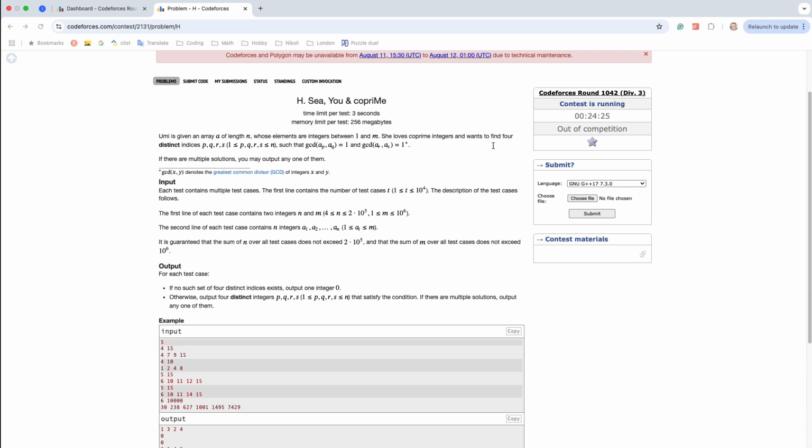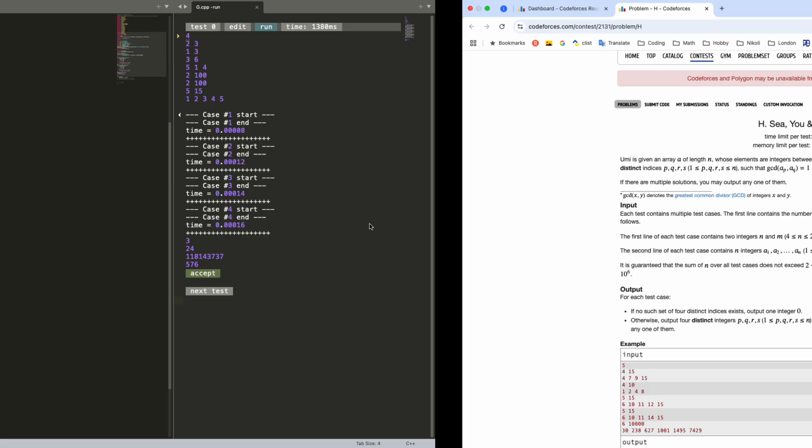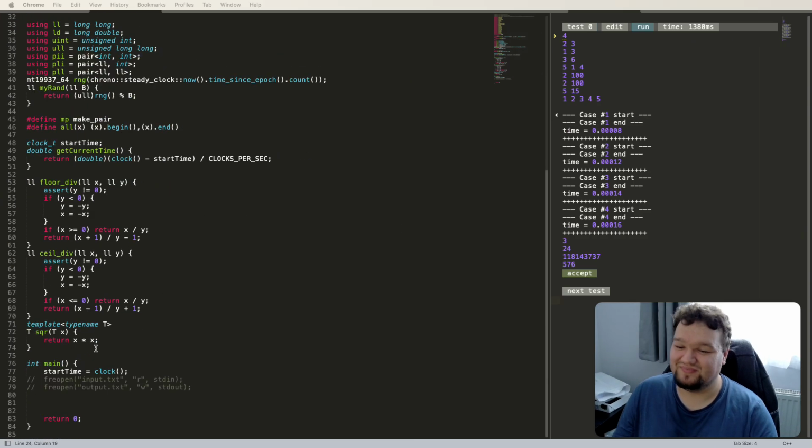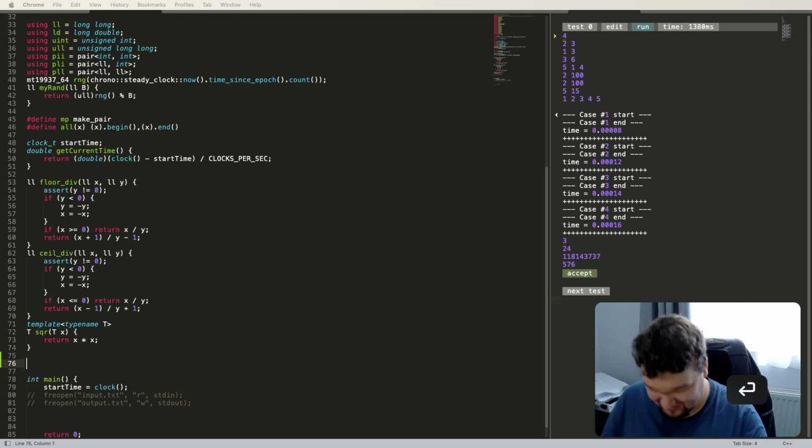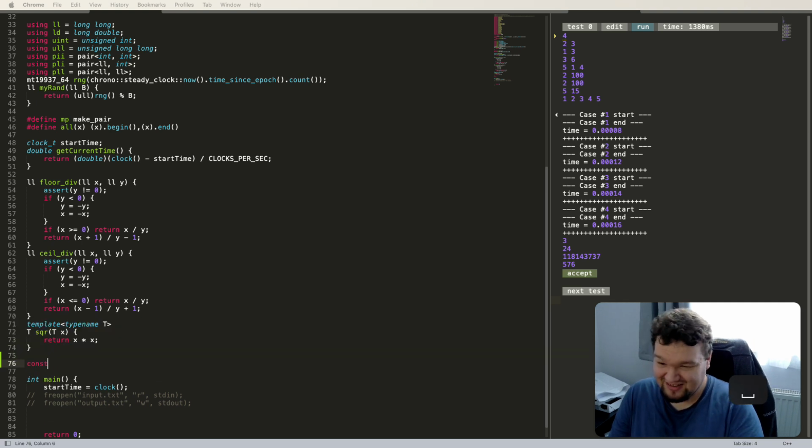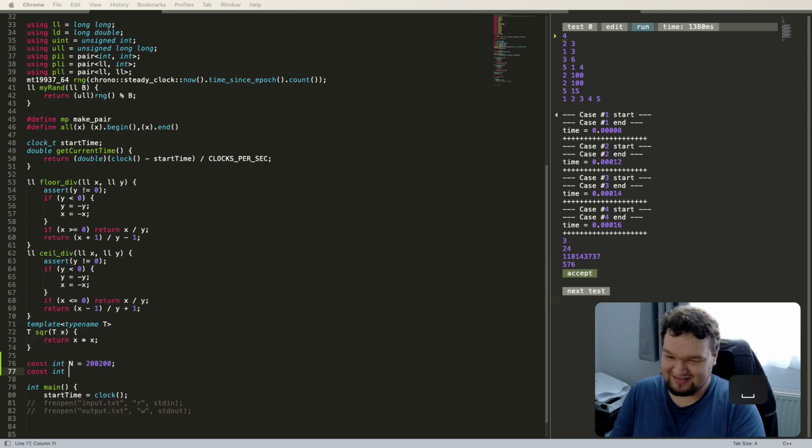Okay, and I need to implement that in 24 minutes to actually solve the problem on contest. Well, it's not very hard to do, but still, with the explanations, I might need to go a bit fast.